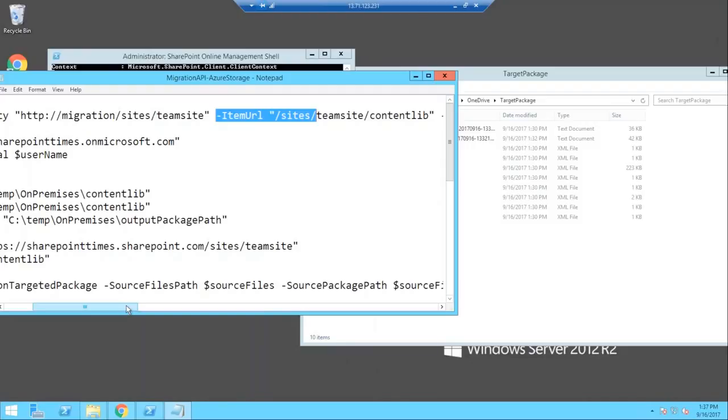And is it good to have multiple Azure storage? I mean, is there any limitation on Azure storage? Like, let's say if I have 10 terabytes of data. Nothing, the multiple Azure storage is not really required. Under one Azure storage only, when we are running the commands for multiple document libraries, we can create multiple containers and multiple queues. So okay, the queue is the main logic of it. If I have multiple queues, it will be a parallel job.